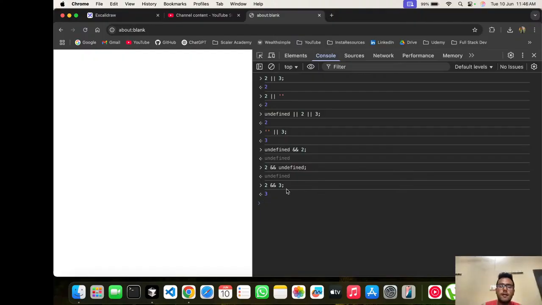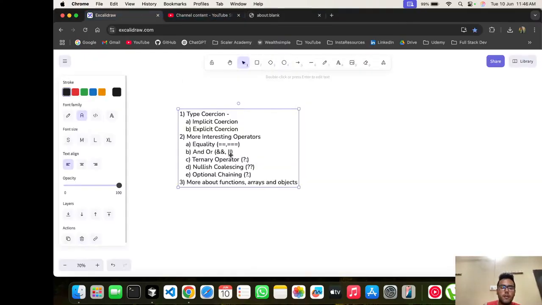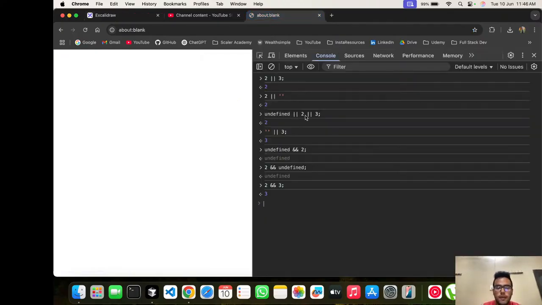So these are about the and or operators. Now we'll be talking about the ternary operator. So the ternary operator can be used in some cases like where